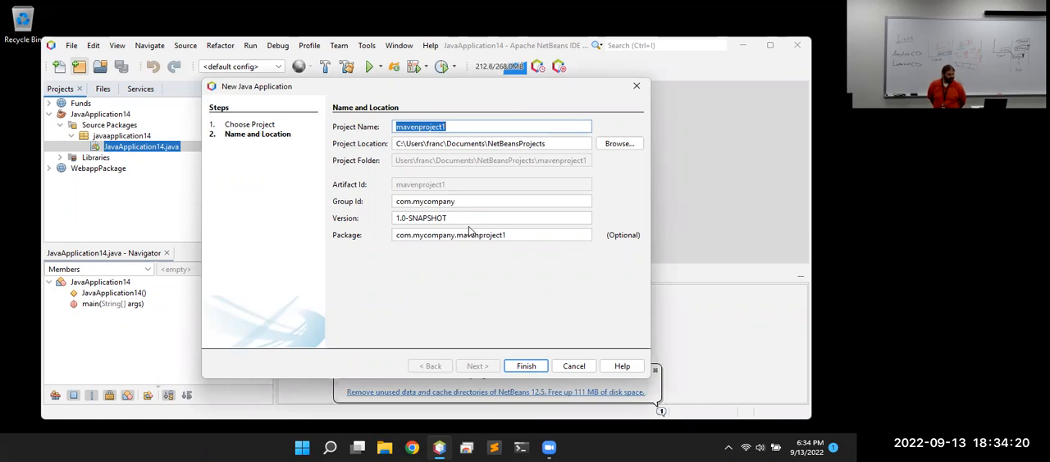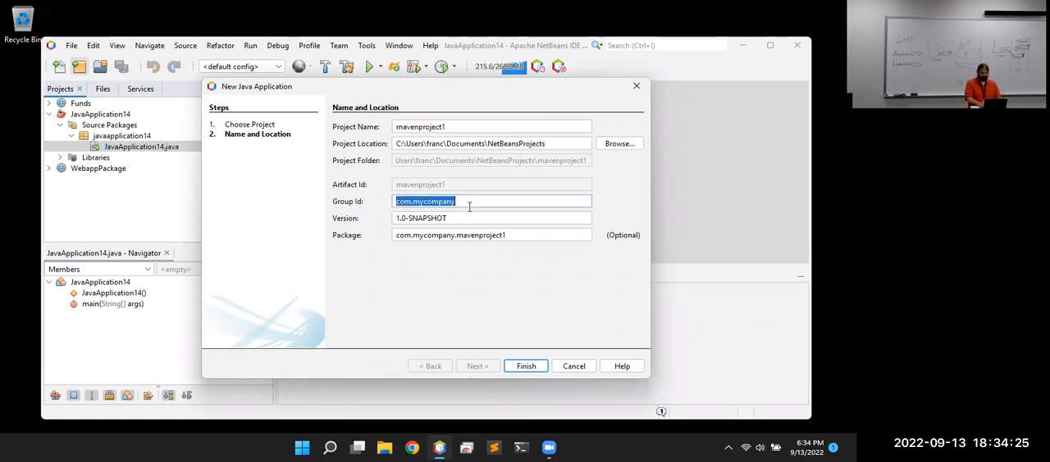What's the project going to be called? Who's making it? Group ID. This will come in handy later. You see by default, it kind of looks like somebody's website backwards. Instead of mycompany.com, it's com.mycompany. There's some patterns worked into it. We're not going to see them on day one of looking at it. We'll see